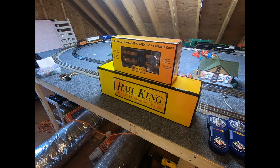So like I said in my last video, I have some exciting things that I'm going to be doing to my little attic layout. And one of those things is I'm going to be decorating this layout for Halloween. This is a first for me, doing the Halloween theme. But I've got some cool things lined up, and one of those things is